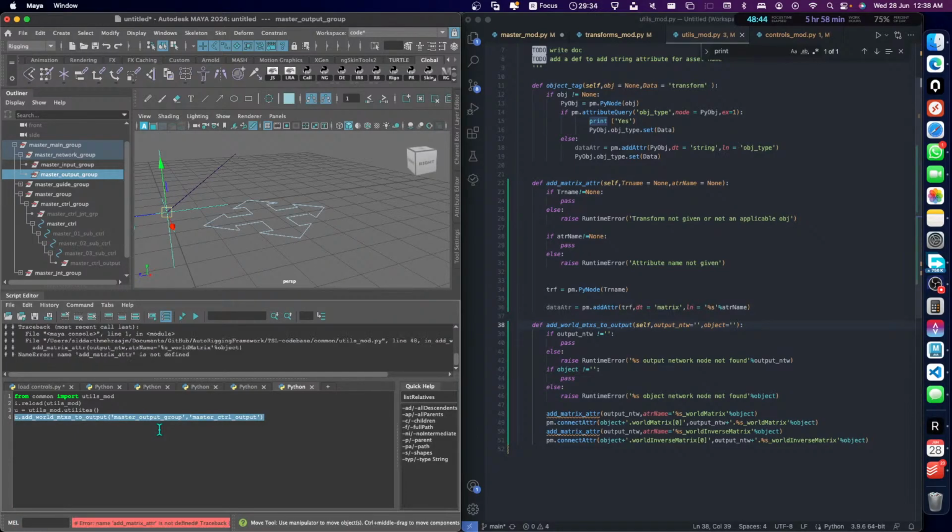Let's see. Add matrix attribute not defined, that's what it's saying. We used to have it here, but maybe I need to